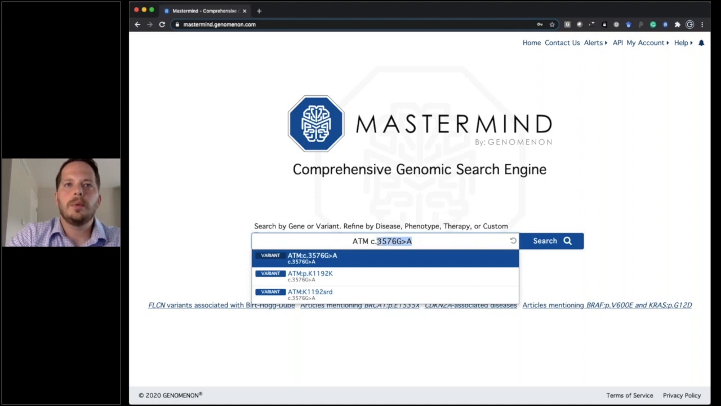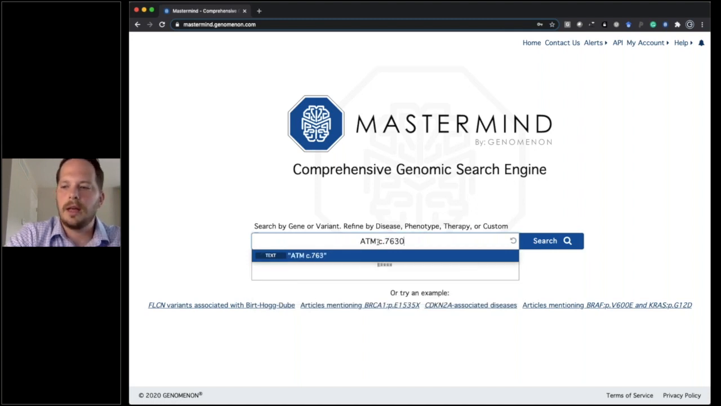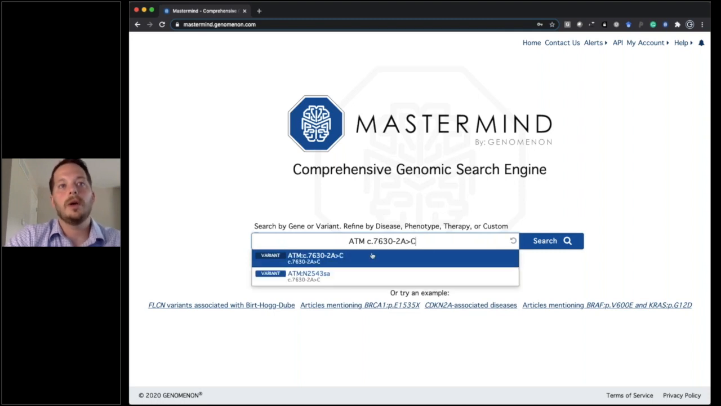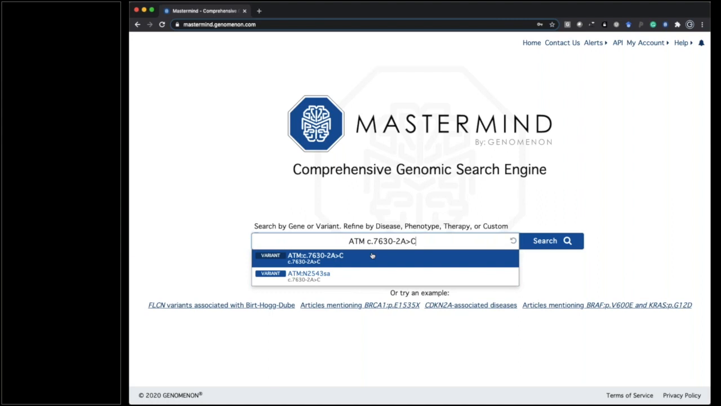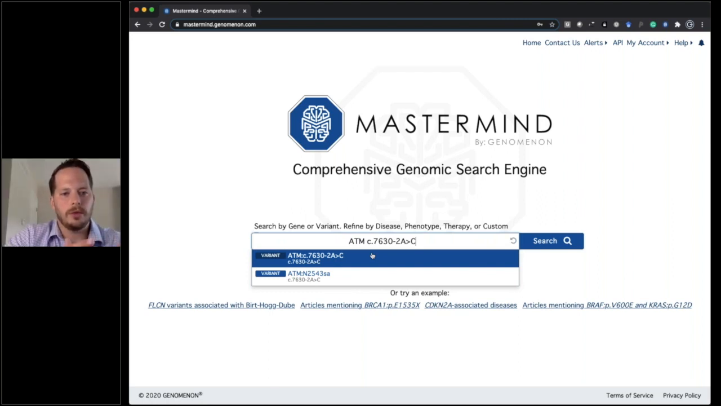The seventh example here, again, is related to that search, where instead of a coding change, now we have a non-coding change. So this is a -2A to C change in one of the intronic regions toward the splice acceptor in ATM. Again, if you elect to search on the cDNA change, you're going to have all of the results in that splice acceptor region in your result set, but you will have those targets that prioritize references that specifically